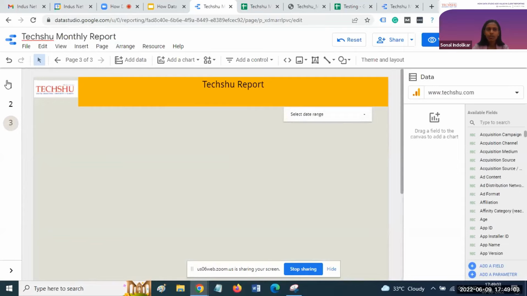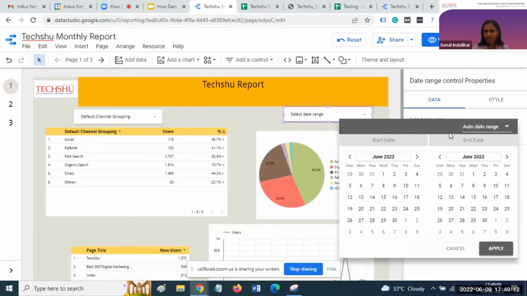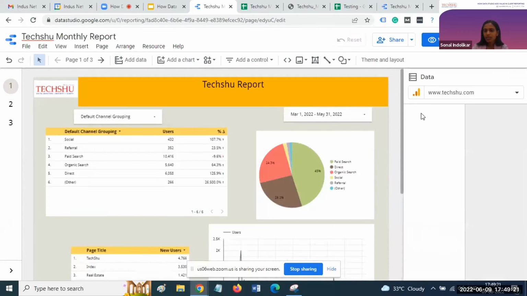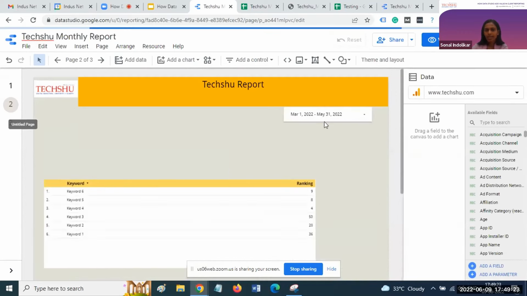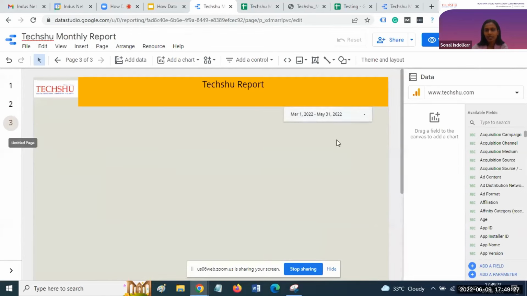See, if we change the range over here, for example, from March we will select till May, this is applicable to all the slides. On the second slide also the same date range is applicable. Third slide also the date range is applicable. So yes, we can apply it on the entire report level.